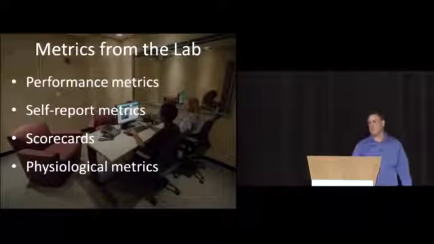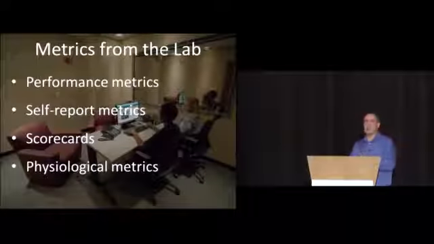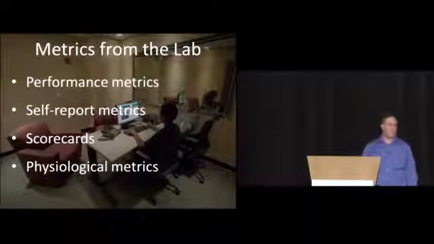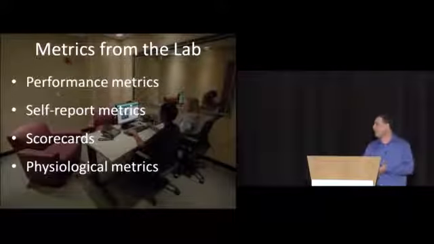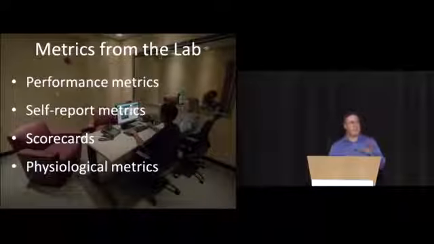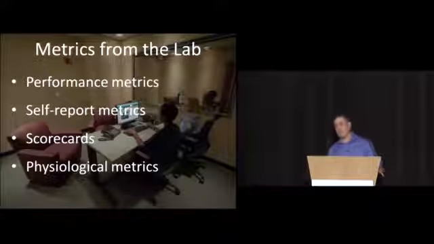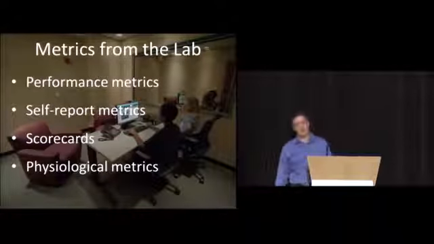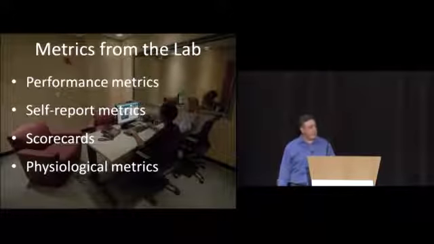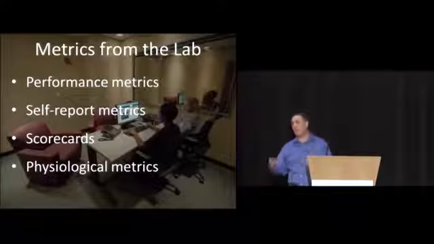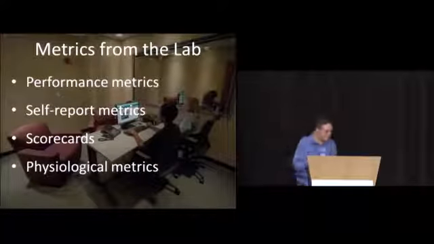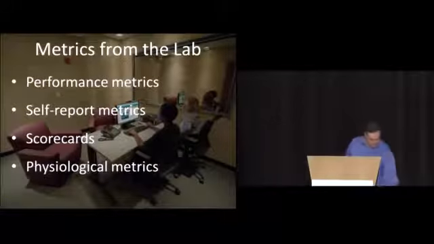And then, of course, physiological metrics, where you're doing eye tracking or other types of physiological measures, can be done pretty quickly and easily. And the nice thing about metrics in the lab is they normally don't interfere that much with your regular lab testing. So you can get data pretty quickly, pretty easily, without sacrificing the qualitative insights that you'd be getting otherwise.